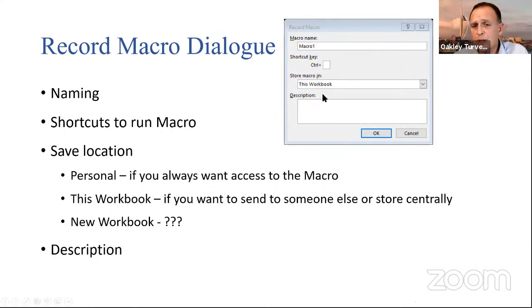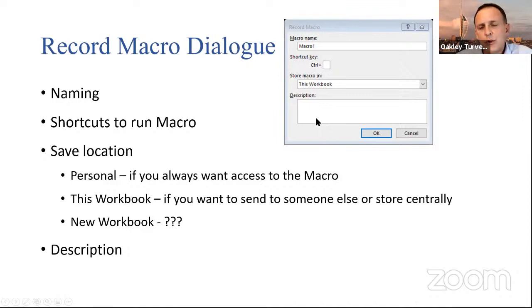If something goes wrong with the code, who do they get in touch with to say, hey, how do you fix this? Maybe you don't want to put your name in there. Maybe you want to put someone else's name so you don't get bothered. The other thing to put in here is a description of what it's supposed to do. And I also put in updates and modifications I've made to the code.